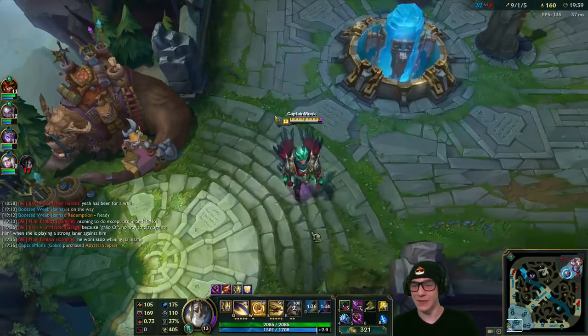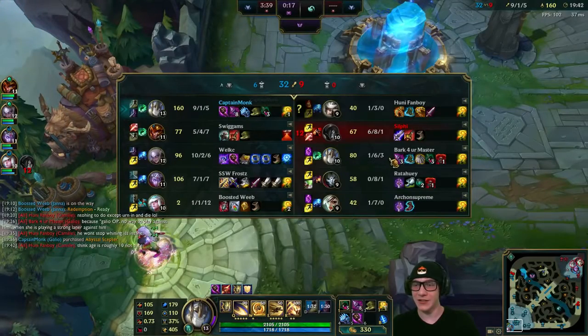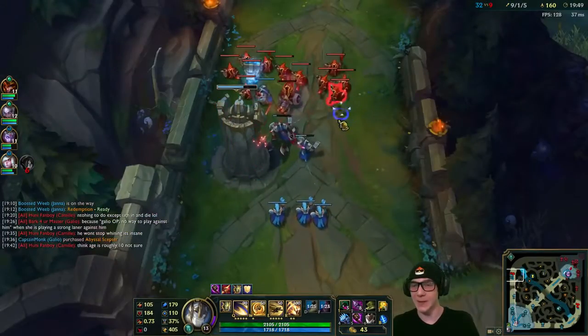But there we go, got ourselves the Abyssal Scepter. For our next item here, we may as well get more armor, because, I mean, it's just their Galio for magic damage, and he's not doing so hot, so get extra cloth armor, I guess. I think the game's gonna be over before we even finish our next item, so it doesn't really matter what